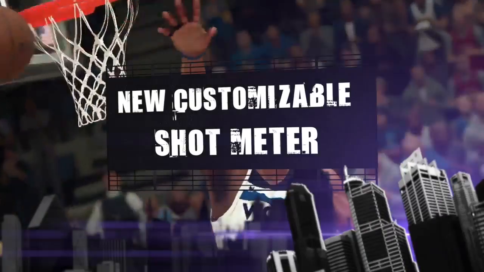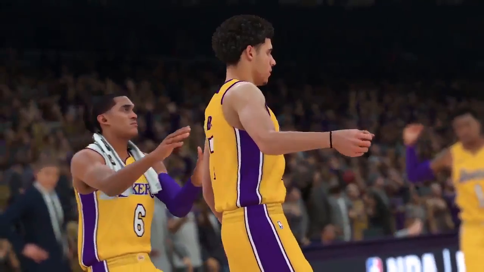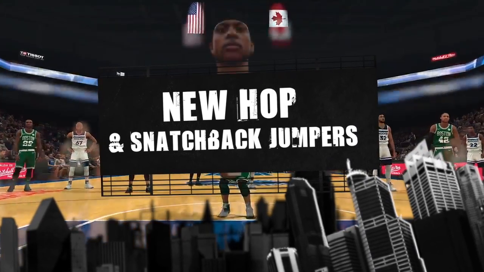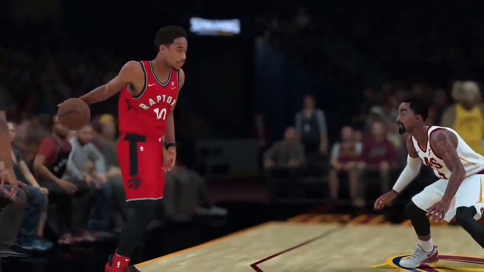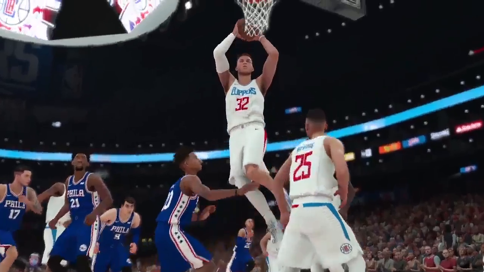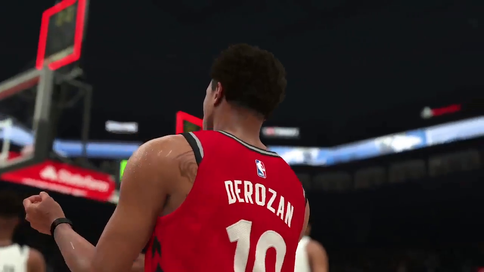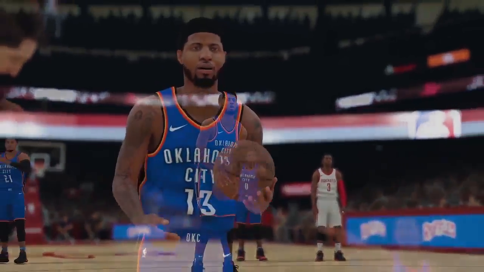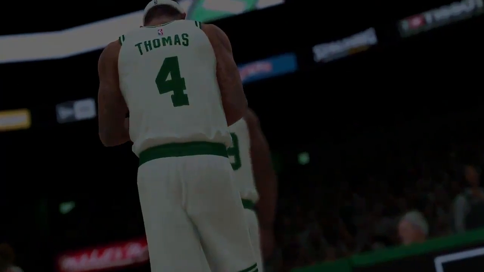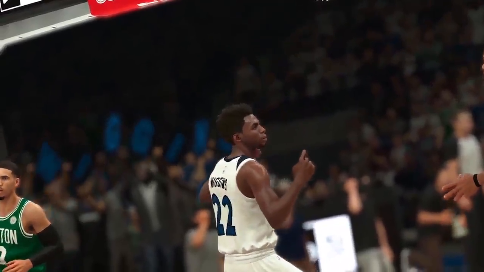You can customize the color of your shot meter. You can make it white, the team color, black, gray, red, yellow, etc. There are new snatchback jumpers, hop jumpers, and I've been told that you can no longer just use the hop jumper in combination with your dribble. If you do the hop jumper or a snatchback jumper, it will pick up your dribble for a jump shot. There are new layup packages, circus layups, and he makes a note to say that it's the jelly layup package. There are crafty layups, things that you would see Steph Curry perform, Euro specialist, explosive, floater, long athlete layups, tank